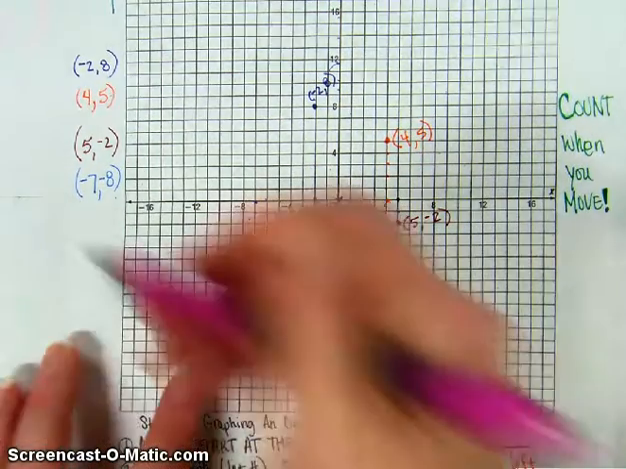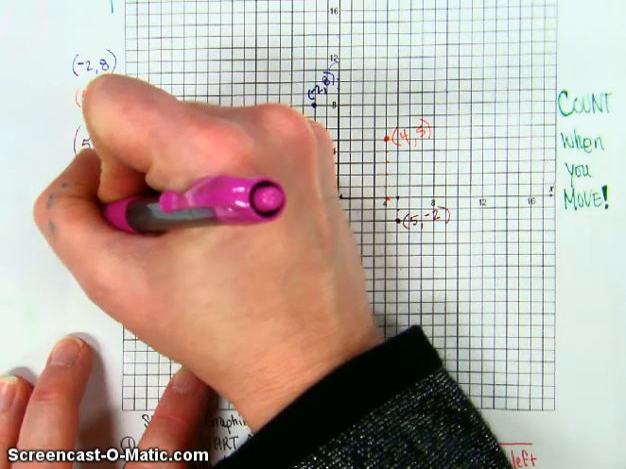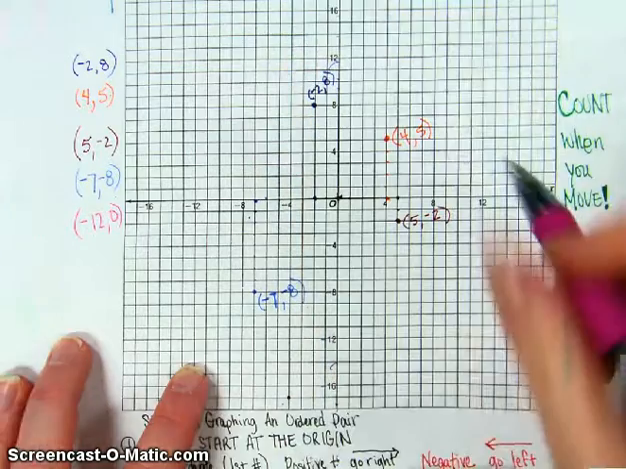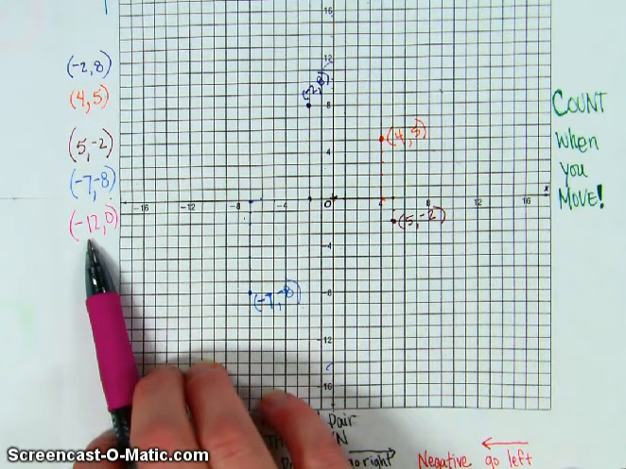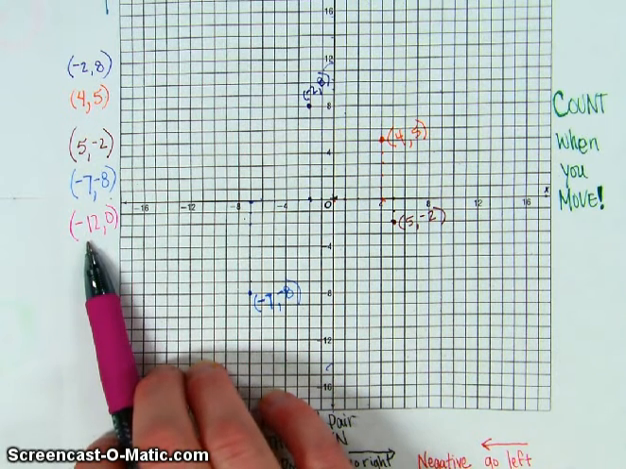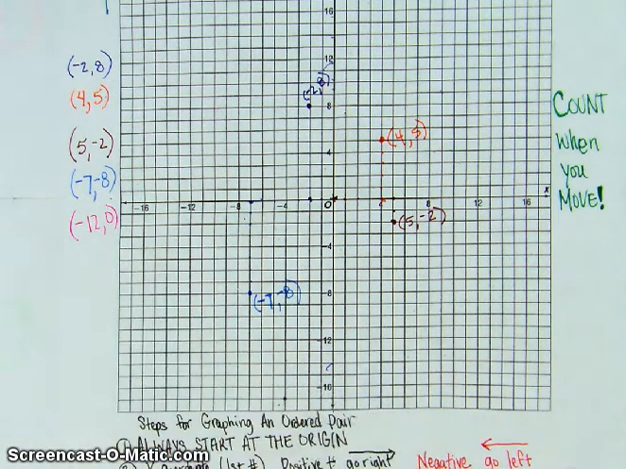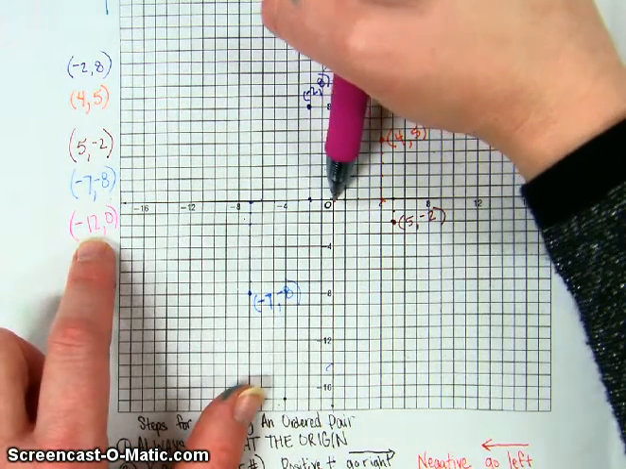Let's do one on an axis. Let's say -12 and 0. I know it's going to be on the x-axis because it has a number for x, but 0 for y. It's going to be on the x-axis. So start at the origin. This first number is -12. It says move left